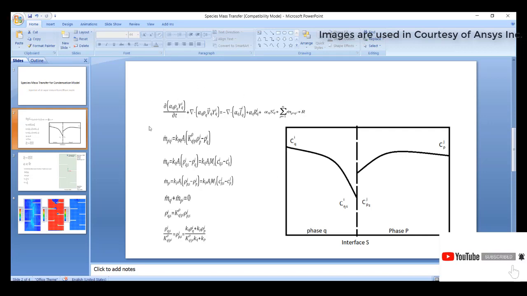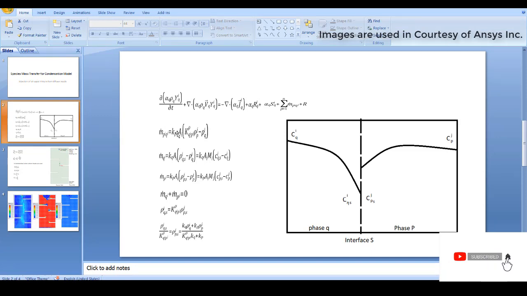So you can see, apart from the regular species mass transfer equations like the momentum and continuity equations for the species, there's an extra equation that will be solved for the phase fraction. In this phase fraction, there will be mass transfer occurring from either gas to liquid or liquid to gas. So you can see here m dot pq. This is the mass transfer, and that mass transfer can be written as K_pq. K_pq is nothing but the volumetric constant times A_i, the interfacial area, times K_qi_pi. This is the equilibrium ratio, and this is the mass concentration at the interface.